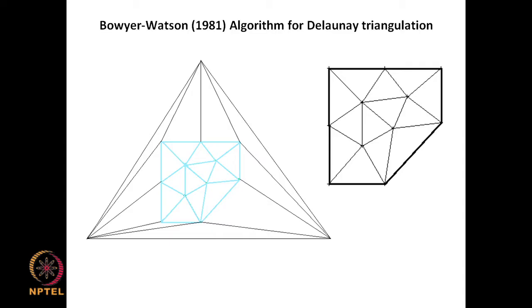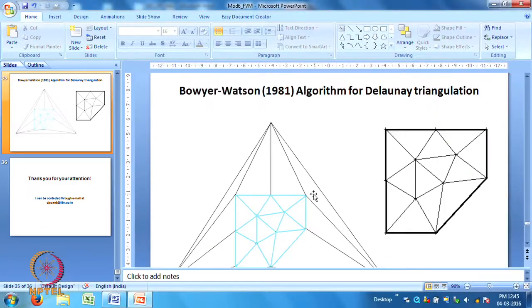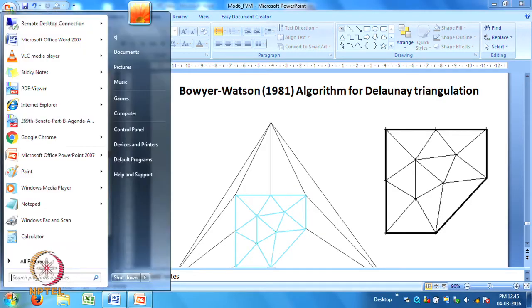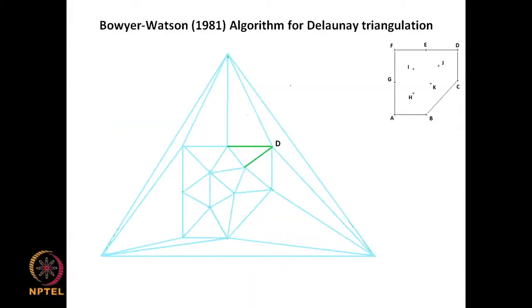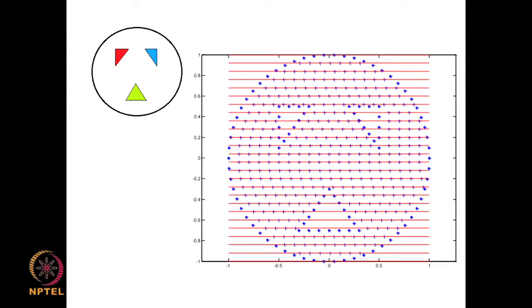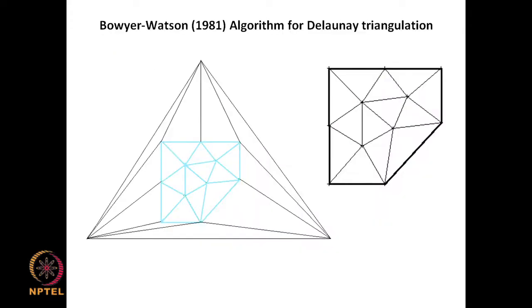And using this, it is possible to generate a grid for any 2D shape. Let me see if I can get one shape. Okay, we have seen the Delaunay triangulation method and also the advancing front method. This can be used for any 2D problem. For example, you can